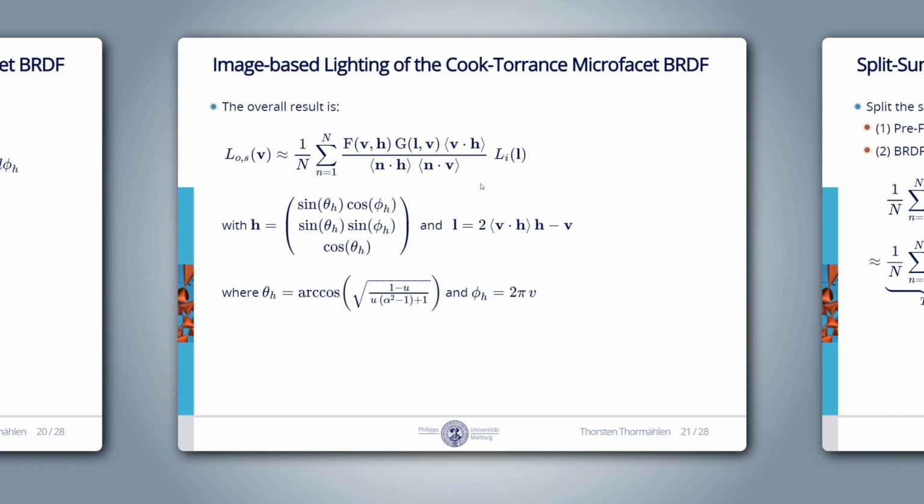This is a bias-free solution that we could implement. This means for large values of capital N, we converge towards the correct solution. Therefore, this solution can serve as a ground truth. But the result depends not only on the surface normal n, but also on the view direction v. Consequently, we cannot pre-compute this sum and store it in a 2D pre-filtered environment map that we can use for real-time processing.